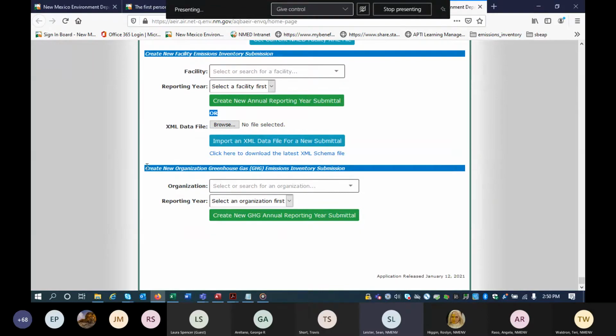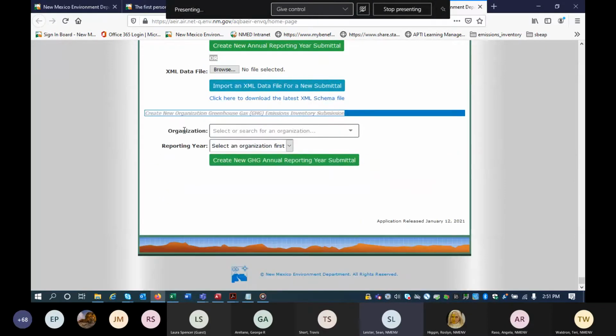The last section is our greenhouse gas emissions inventory submission section. And as Rosalind said, you'll be required to submit greenhouse gas information to the New Mexico Environment Department if you are required to submit that information to the EPA. And I believe that means that if you emit 25,000 tons of CO2 equivalents or more during the year, then you'll be required to submit to the EPA, which means that you'll be required to submit to us.